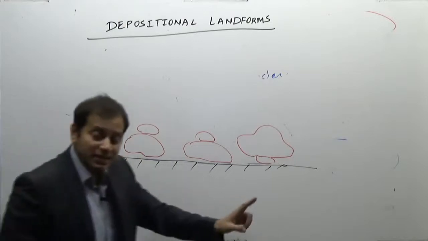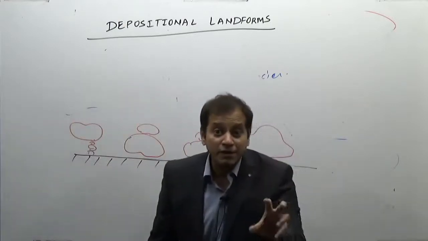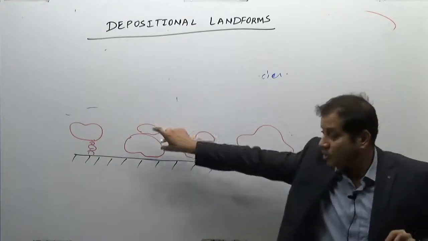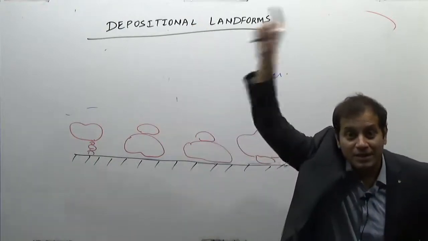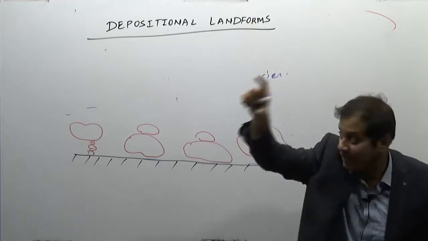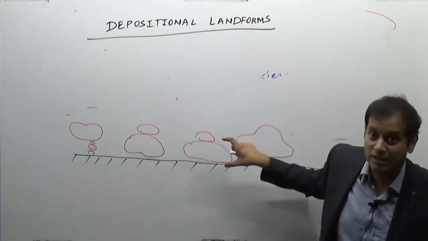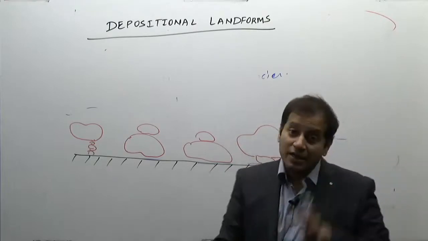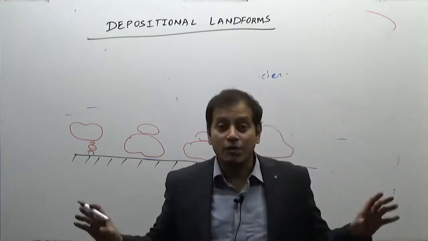Now obviously these rocks will be made up of a different composition from this ground surface. Why? Because these rocks belong to some kind of a landform, that is, the higher landforms. They have been eroded, brought and deposited by the glacier. Now they are exposed due to the melting of the glacier. Had the glacier not melted, they would not have been exposed.